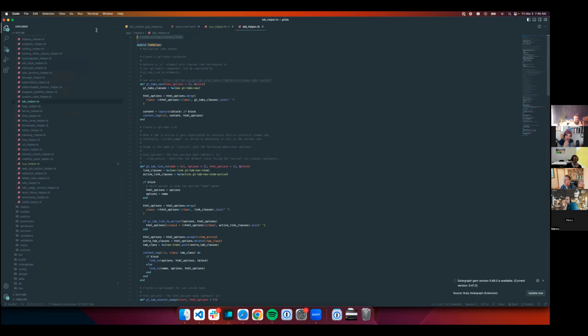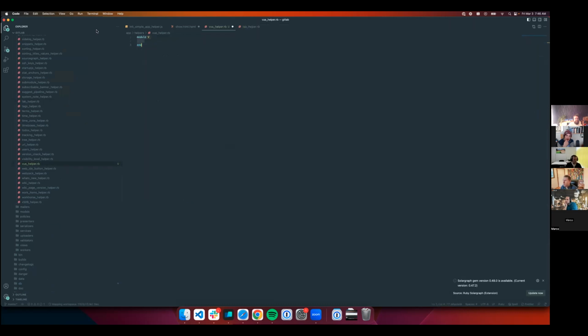Tab helper. If you have a hard time, don't forget the frozen string literal. Yeah, I don't know why, but so then